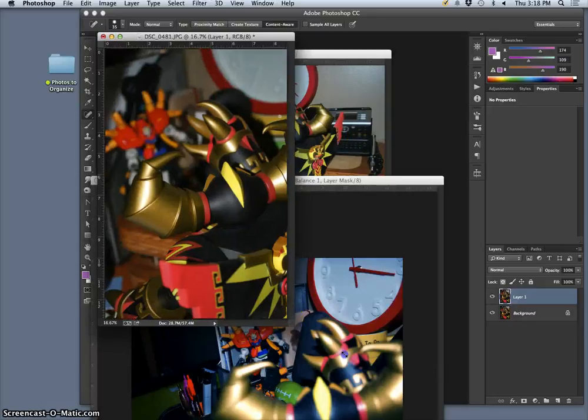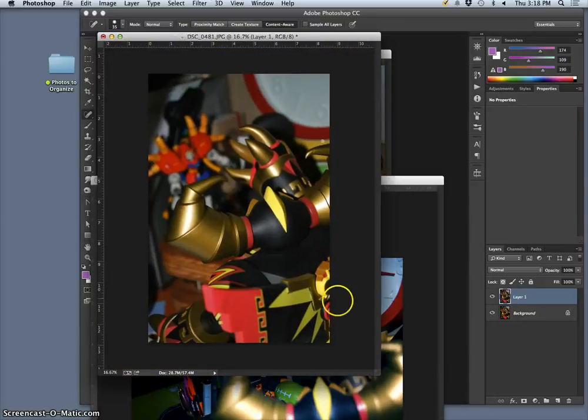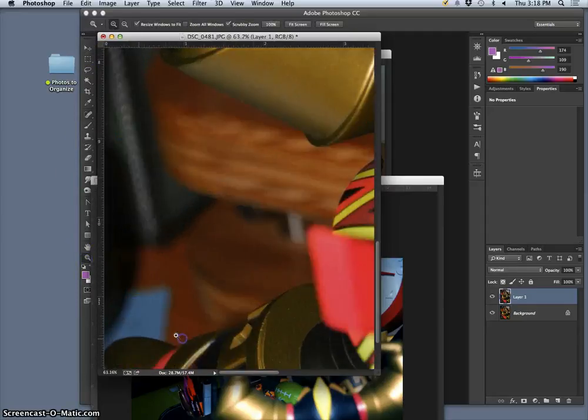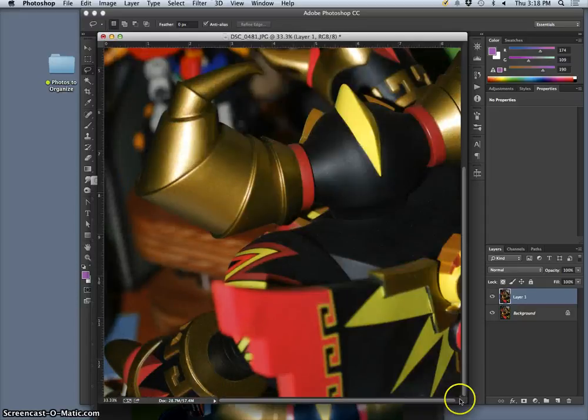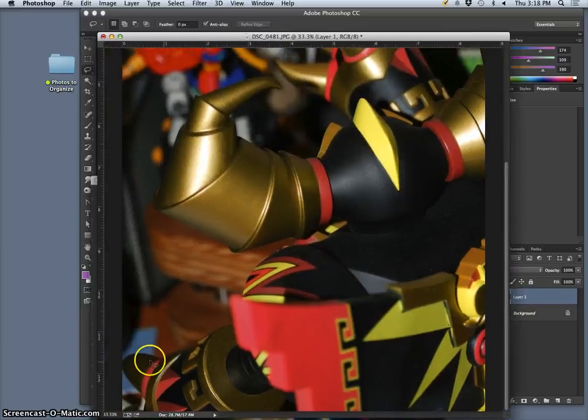Is there anything else compositionally, especially looking at the edges? Compositionally, I do have a slight tangency right here. This is getting picky. Let me show you. Where the edge of that thumb is resting right against the edge of the frame. And that's not ideal. So what I'm going to do, because I'm not going to change my cropping, is I'm going